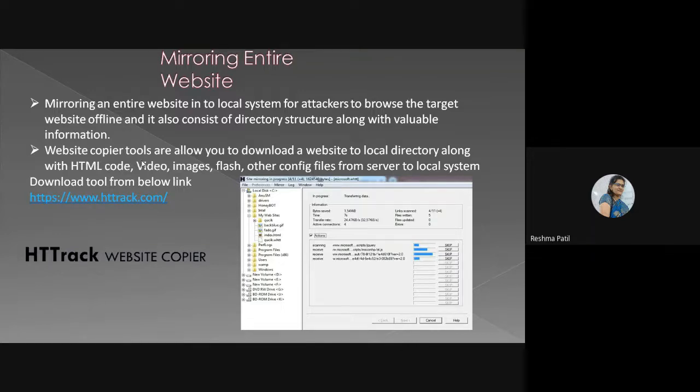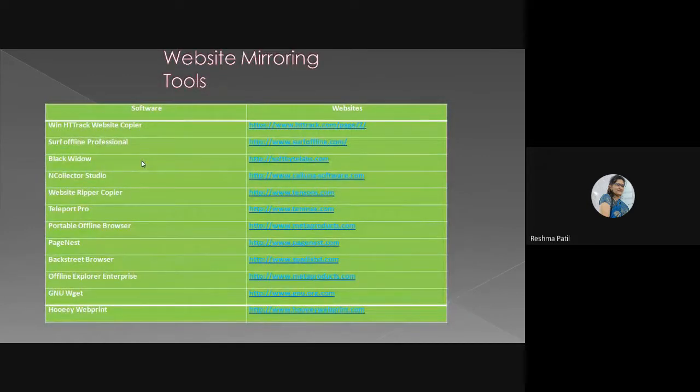Every personal information, sensitive information of a particular organization you will get here. Note it down. If you are getting information with this tool, you can mention it in the Word file. These are other tools. Using these tools, we can do website mirroring.